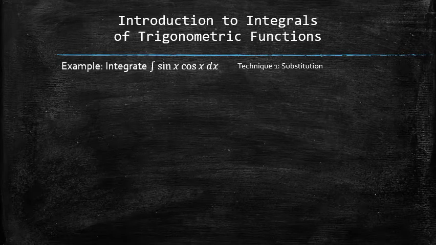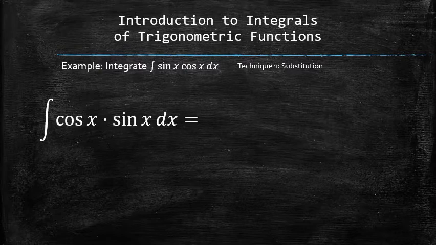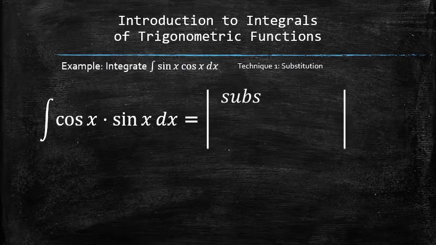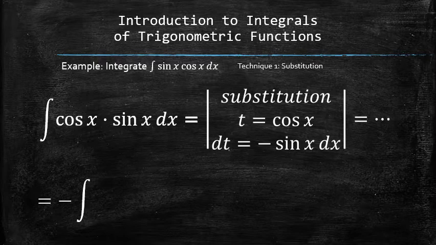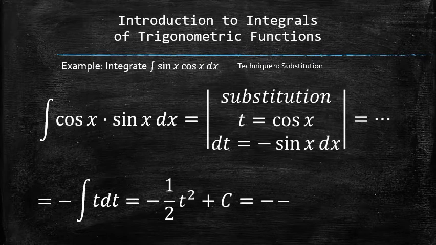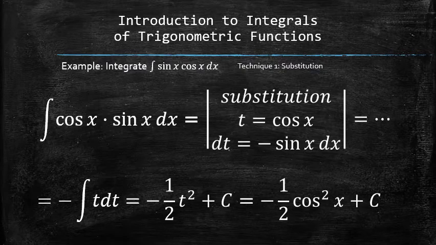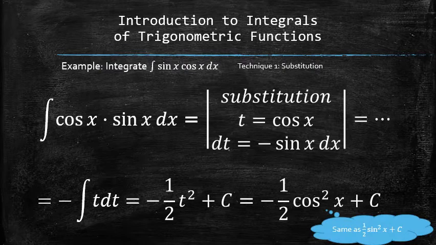Let's do the same example again using an alternative substitution. We can recognize a different pattern and rearrange the integrand, and then set up the substitution by setting a new variable, let's say t equal to cosine of x, and finding the differential of t. Next, we plug everything into the original integral and notice that we have nothing but the function of t left in the integrand. We finish the process by finding the antiderivative and plugging the original function cosine of x back for t. Although the answer doesn't look the same, using the trig identities, it can be easily shown that it differs only by a constant.